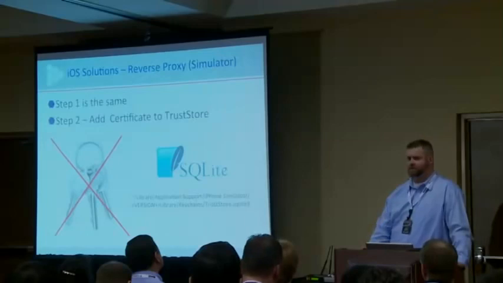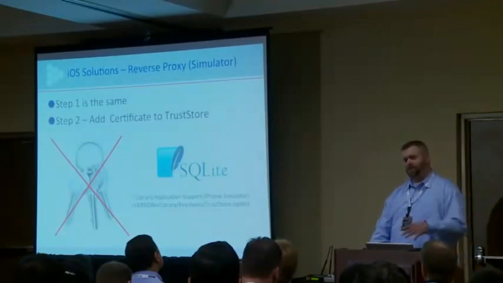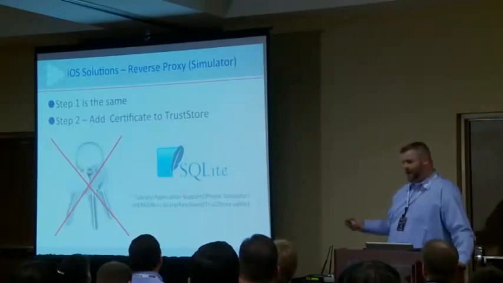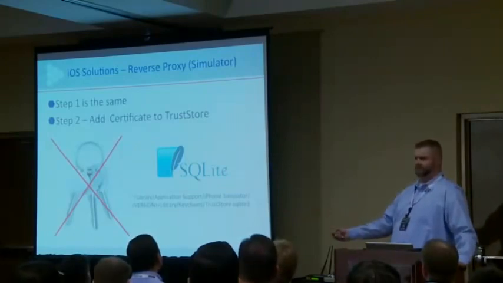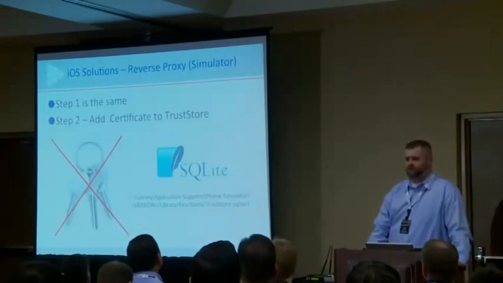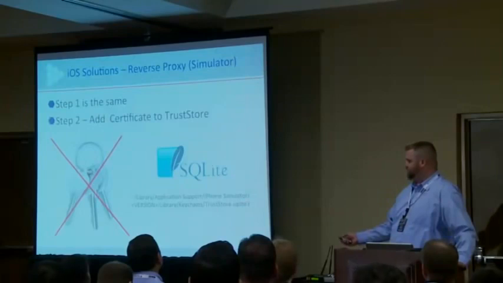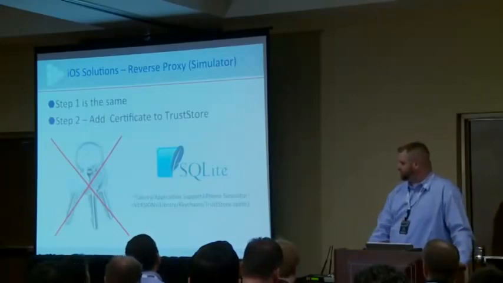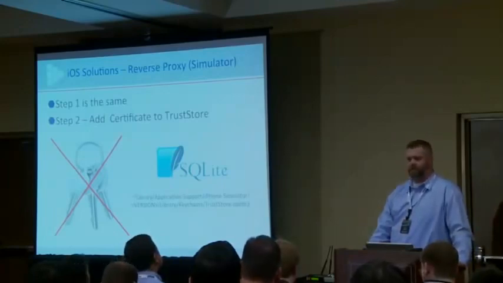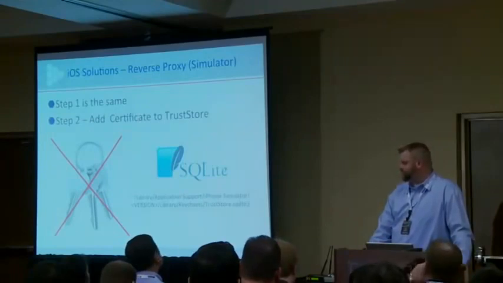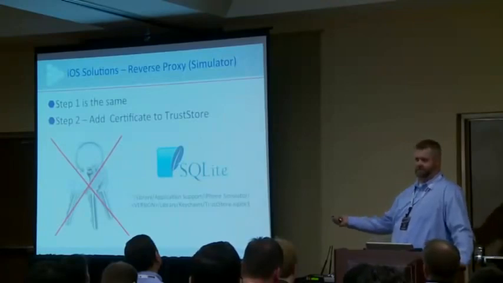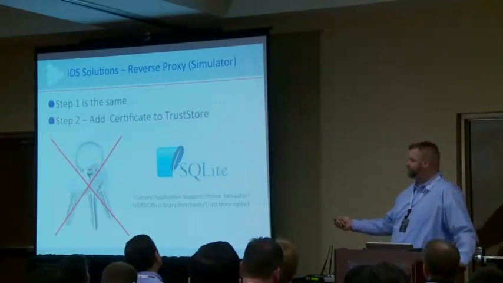Early in iOS, there was a Python script released that would add your cert to the trust store, but that doesn't seem to work anymore. It only added the SHA-1 hash of the cert, but you need a little bit more. So the only way that I've been doing it is I grab this file off of a device once I've added my cert to the device. And then I can just put this trust store SQLite 3 file onto my Mac, and it will just work in my simulator. Seems to work pretty straightforward. Other than that, I'm sure we could look into updating the Python script, but most people who are doing some sort of testing would have access to a device too. And then you always have it as long as you don't change machines or update your proxy.